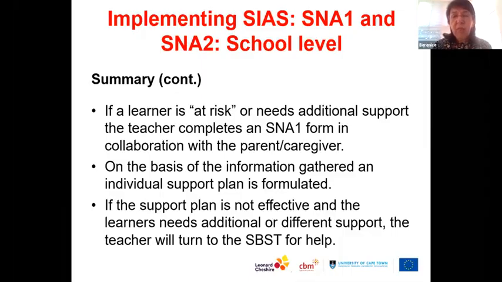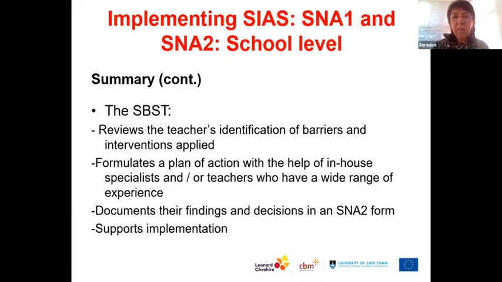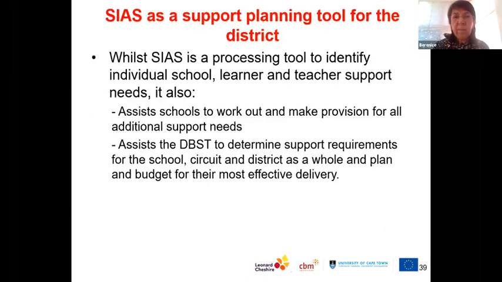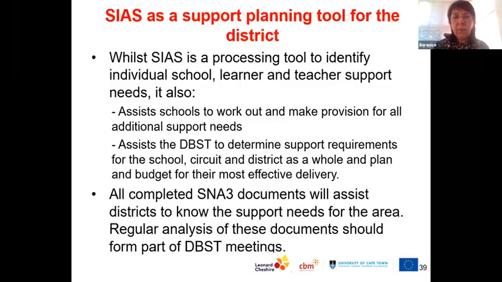As you have seen, when the teacher's not able to address the challenge fully, they would call in the district-based support team. Okay, that's what the SBST does. And when it goes to the district, we will use the Support Needs Assessment 3 documents.